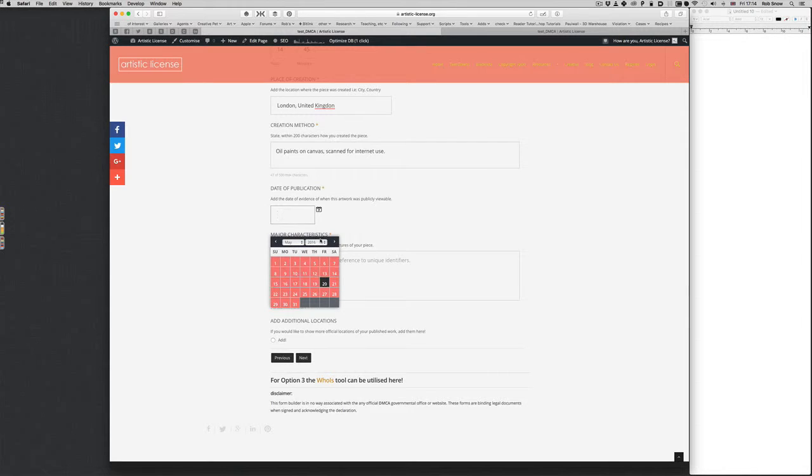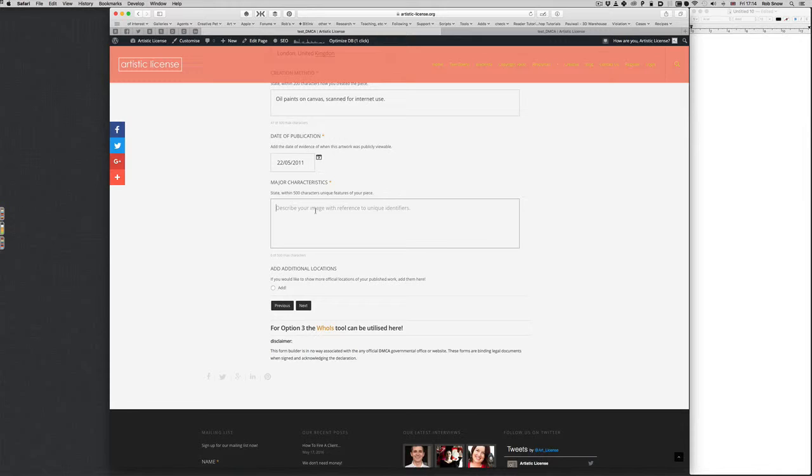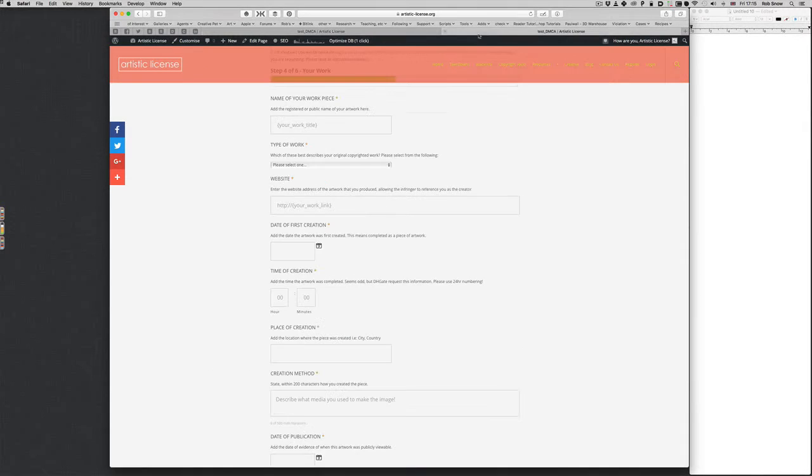Date of publication, now that would be the time it actually goes public, so you could have had it hanging around for a year and you didn't do anything with it, but that's when it actually is visible to the public. And again, you have to then do what's done on the other forms, which is to give a series of unique features. So hippo on a bike with multicolored umbrella. As an example, it's something silly, but how many pictures are there of a hippo on a bike with a multicolored umbrella? Okay, I'm going to just put that into there,